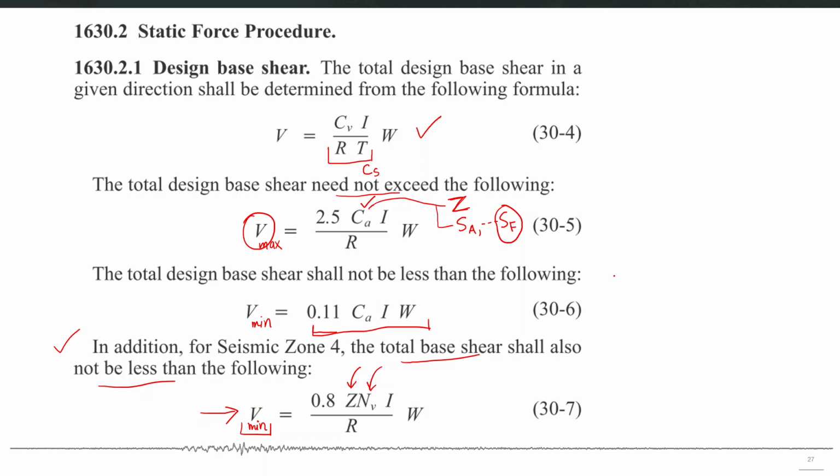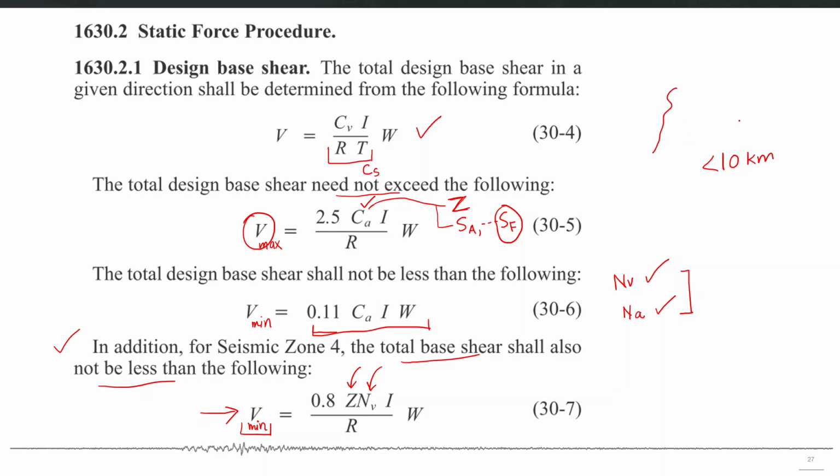So there are two new factors, NV and NA. NV is the near source factor for velocity and NA is the near source factor for acceleration. As the name indicates, they basically account for the effect of near source or pulse-like ground motions in the base shear formula. If your site is close to the seismic source, less than 10 kilometers,